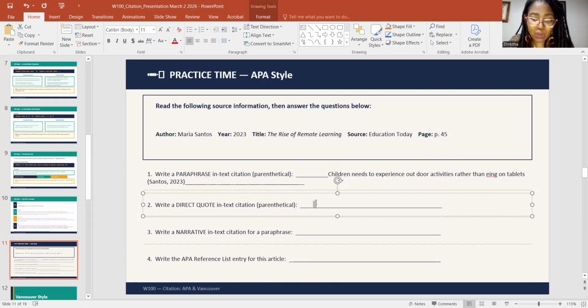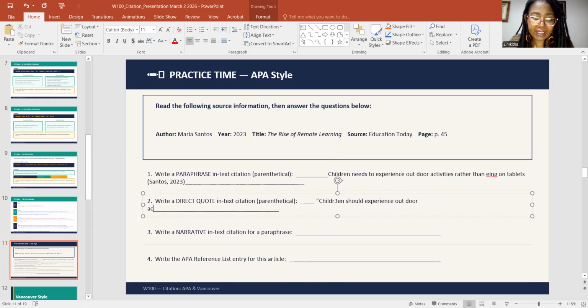If it was a direct quote, it would be something like, open quote, children should experience outdoor activities more than technology, close quote, all right? Because that's the quote. Then you open parenthesis, you say Santos, comma, 2023, page number 45, close parenthesis. There you go, all right?